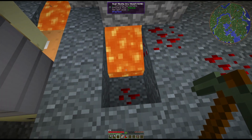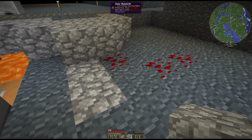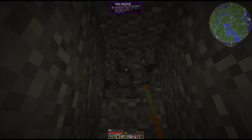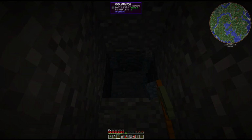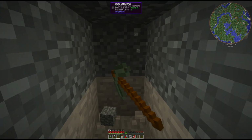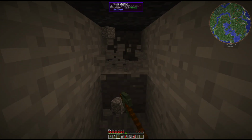But if you want to take the time, you can... Well, that was a bad place to look because that's already in it. It's also a lot easier if it's not in the middle of a vein and you're going to end up with a big old mess of ore in your inventory. But you can do this and come all the way down to bedrock and very carefully see if you can find...